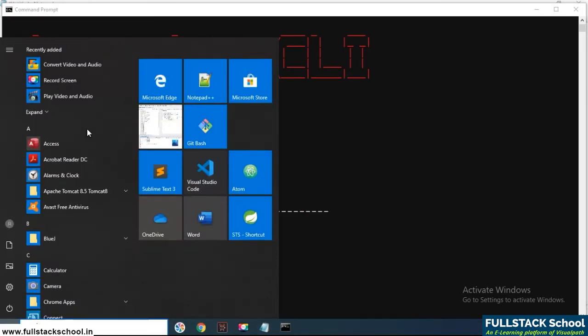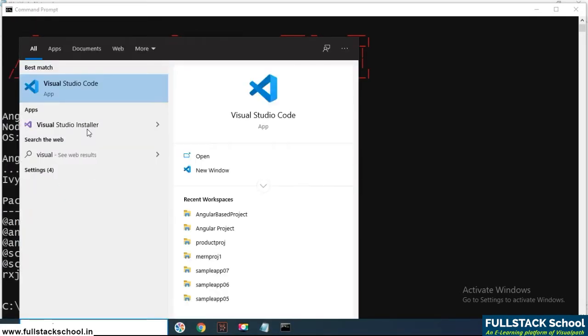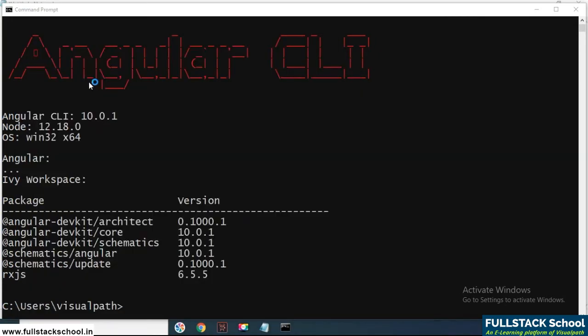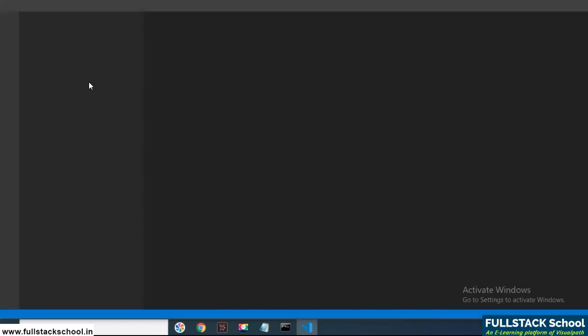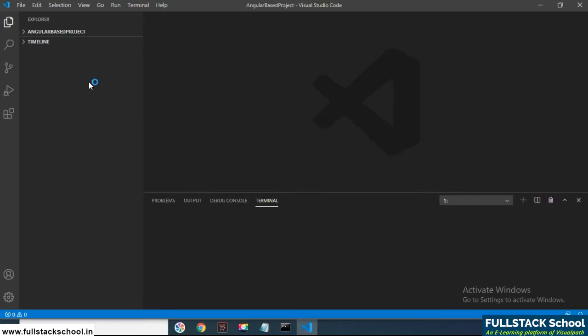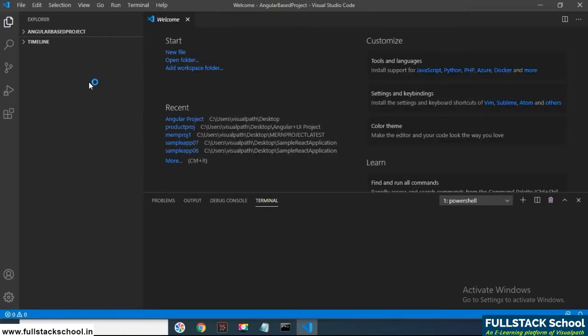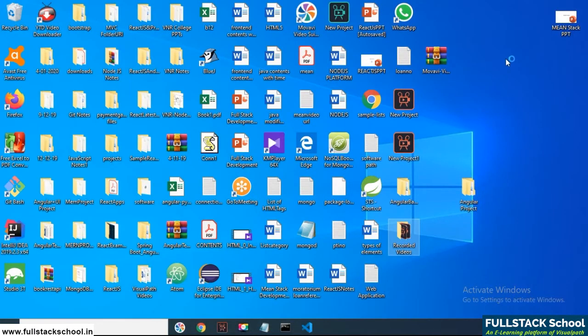And to open the Visual Studio Code, once you open the Visual Studio Code, create a workspace in any one of the drives.